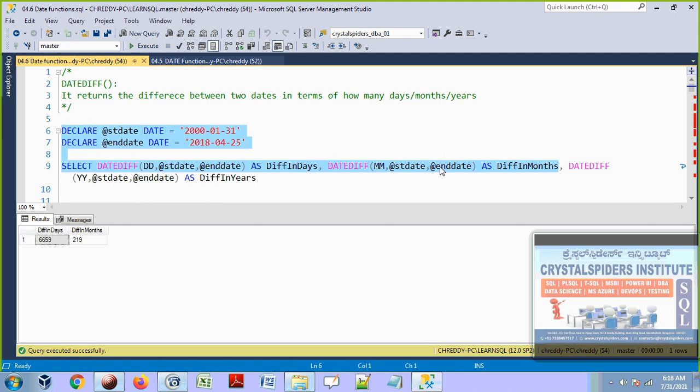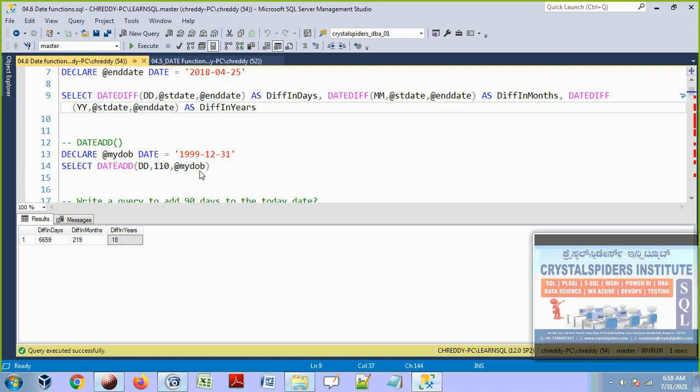We have the function, we can simply use this function. It is giving 2019 months difference. Similar way we can see the date diff in terms of years, the number of years difference between these two dates. So let's see this now. Let's execute. Now we can see that a total of 18 years difference is there between these two dates.